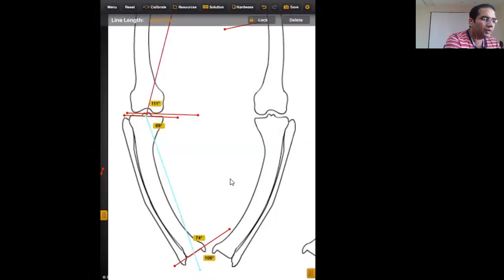Now here, MPTA, medial proximal tibial angle, is 69 degrees, and the lateral distal tibial angle is 116 degrees, meaning both the angles are abnormal, which tells us that the deformity most probably is a diaphyseal deformity, as both the angles are disturbed. So first we are going to only focus on the deformity of the tibia.